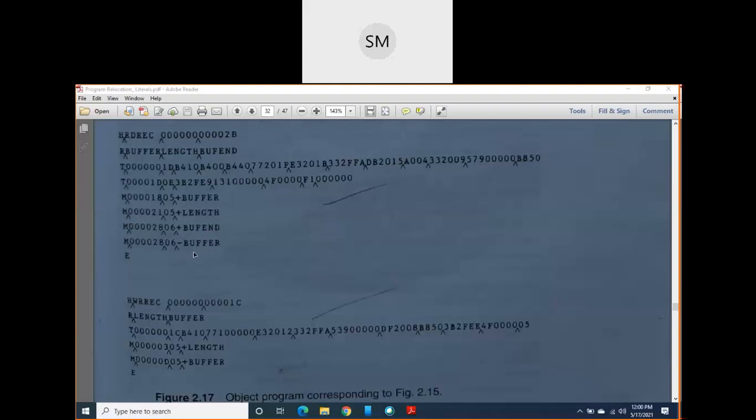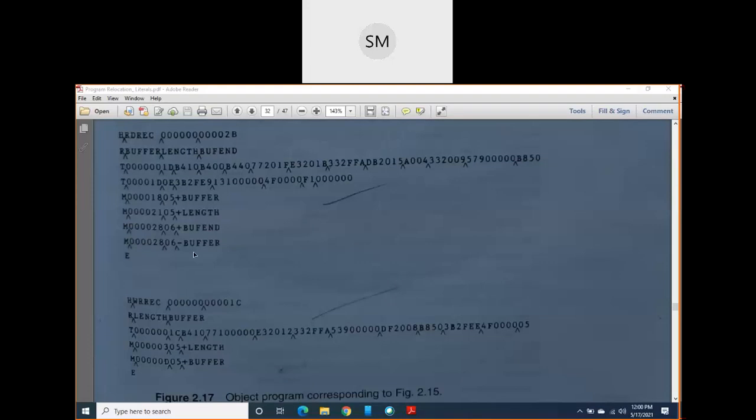Very interesting concept. Please go through program blocks and control sections. Don't get confused. In program blocks, we have a single object program, even though in our program we have 3 program blocks.